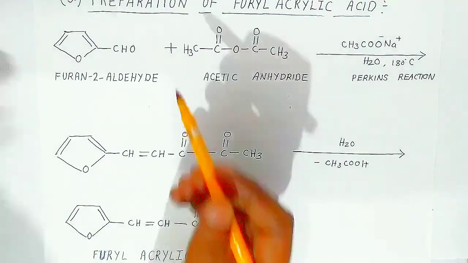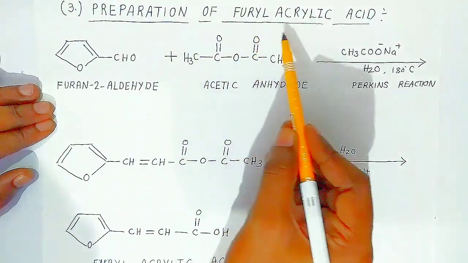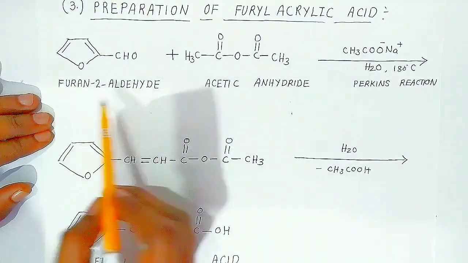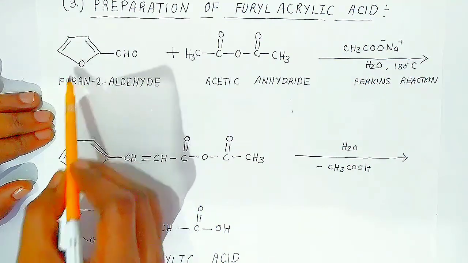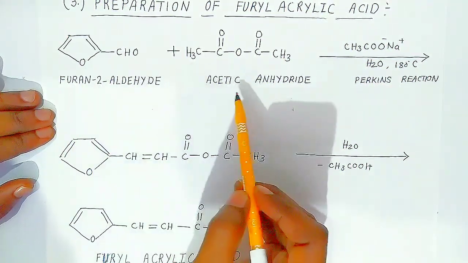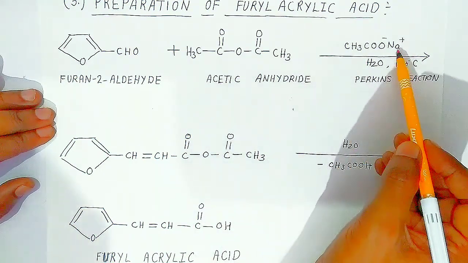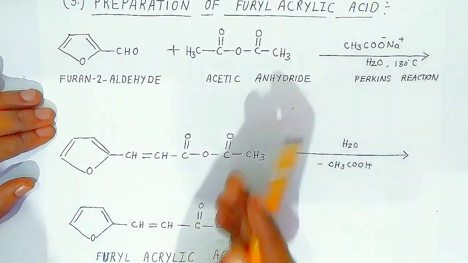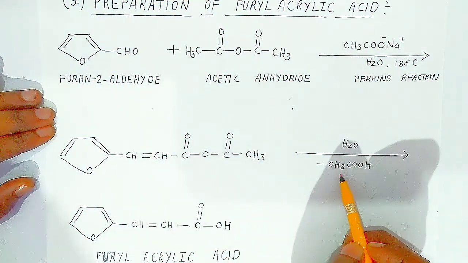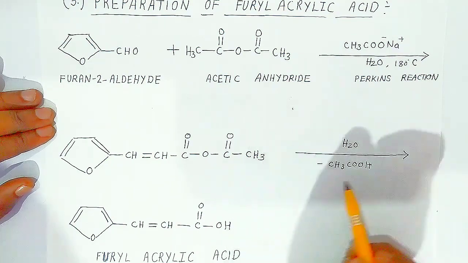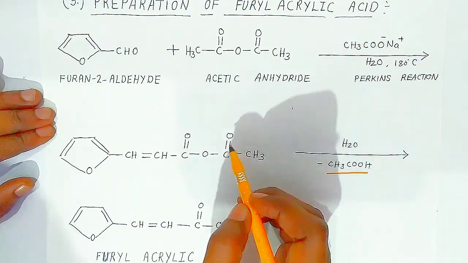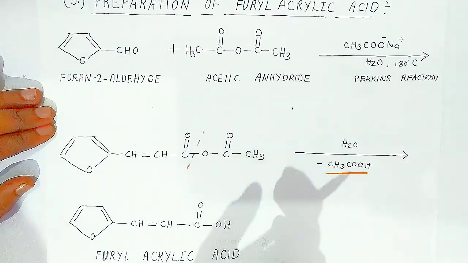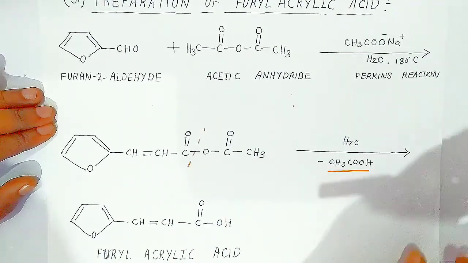Now we are going to see the third application. So we are going to apply preparation of furyl acrylic acid, which is very important students. Once again, very important compound. We are going to use this aromatic aldehyde students, here a heterocyclic compound, that we call furan-2-aldehyde, which combines with aliphatic anhydride, that is acetic anhydride, in presence of sodium acetate as a base and in presence of water at 180 degrees Celsius. Perkin condensation will take place. These two molecules will combine students, and after that hydrolysis will take place. When the hydrolysis takes place, there is elimination of acetic acid students. Okay students, here the acetic acid will be eliminated and you will get the furyl acrylic acid, which is a very important organic compound students we are using in formation of drugs.